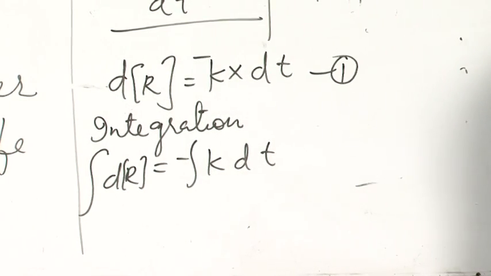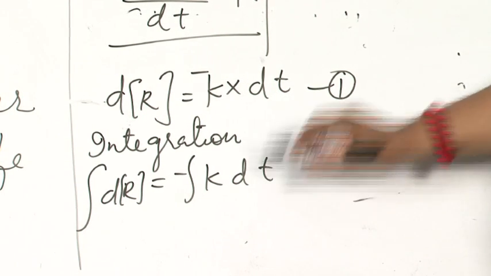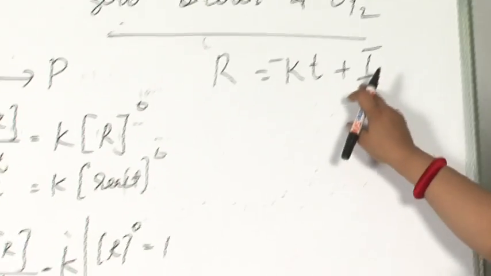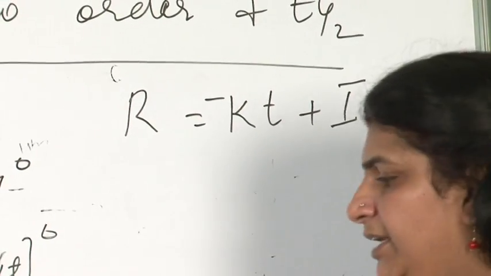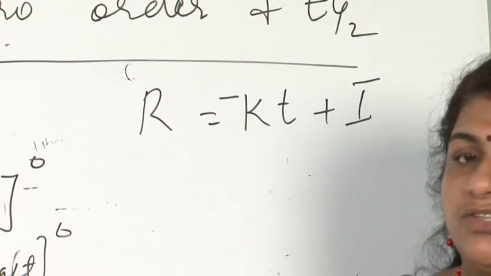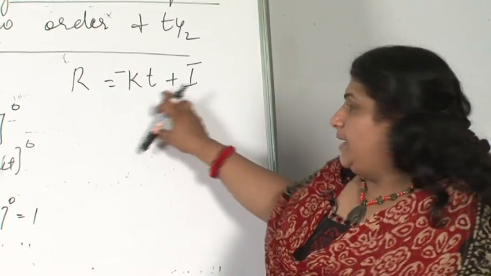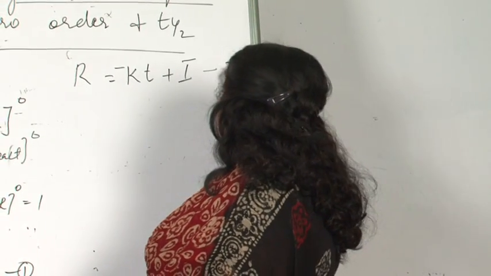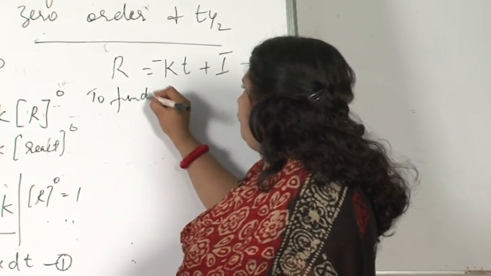As you know, integral dR is R. K is a constant, so it comes out of the integral, and integral dt is t. So we get minus K into t plus I, where I is called the constant of integration. I am numbering this as equation 2. To find the value of I,